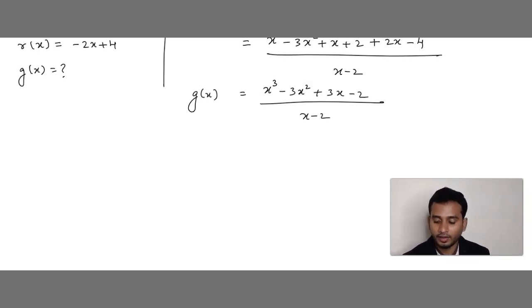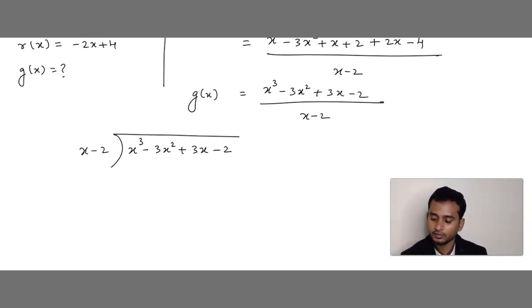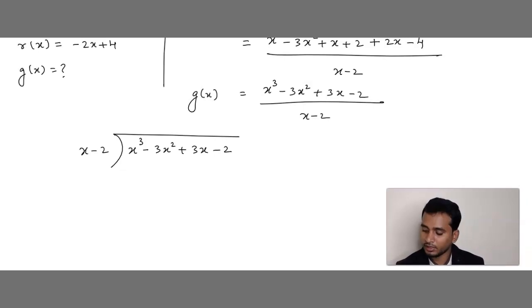So now we have to divide this. To divide the algebraic expressions, we have to follow this method. As you all know, that is x cube minus 3x square plus 3x minus 2 divided by x minus 2. Correct? Follow the same division method. Put one working column. What is the first term? x cube. What is the first term? x. So what we should do?